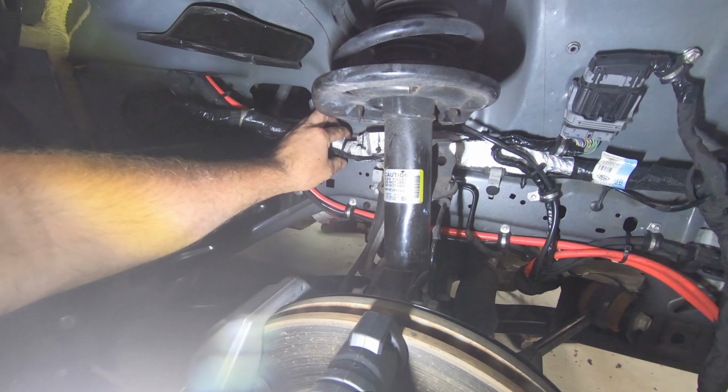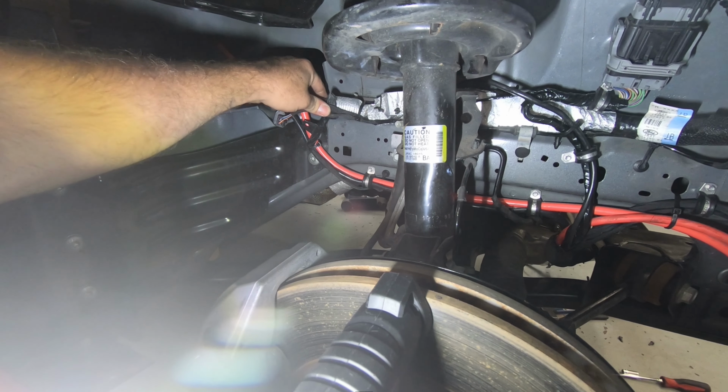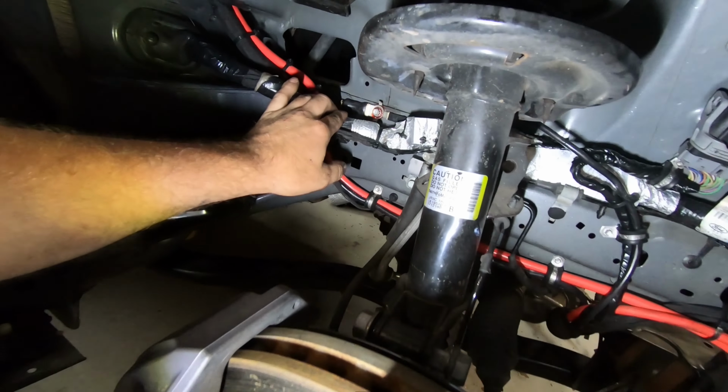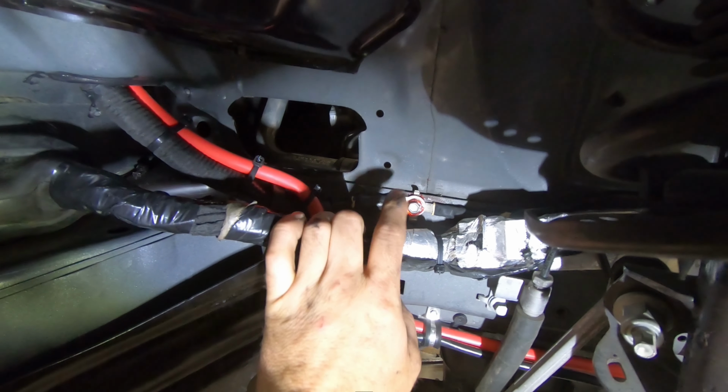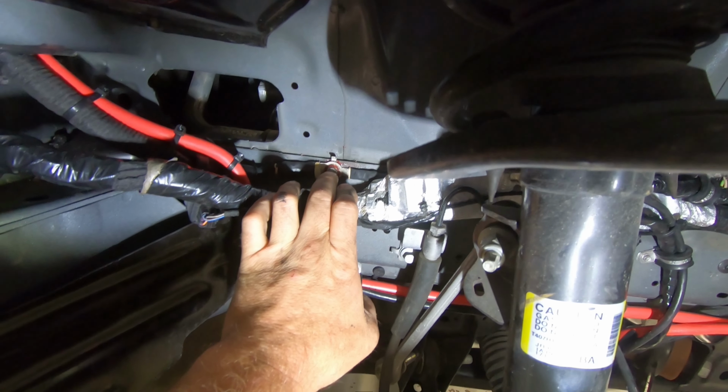So there's a zip tie here, and that is zip tying this little wire to it. And then I'm going to be putting another zip tie on here to hold it against the ground, which I put a ground right here. And then there's another ground that comes from the box. And I went and grounded to the chassis here. Now,